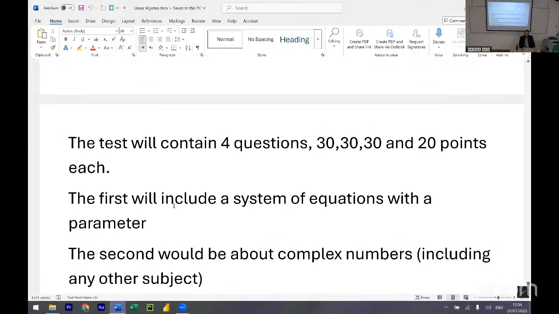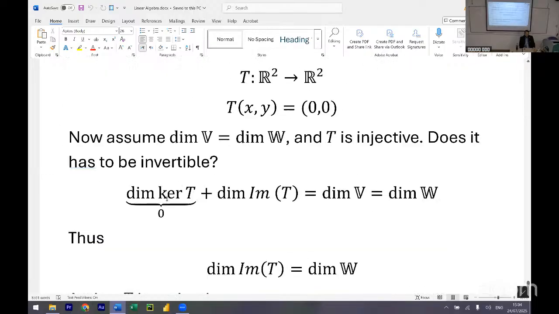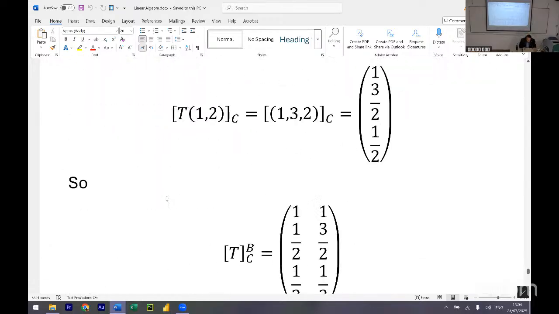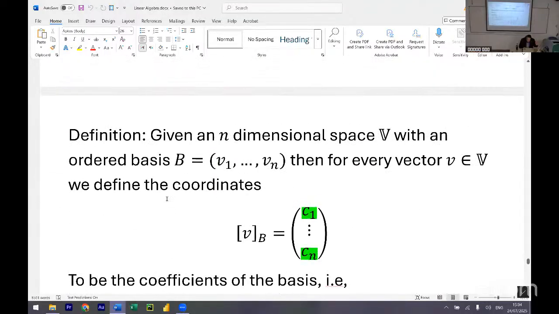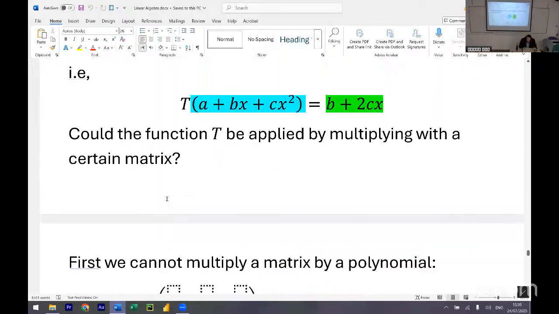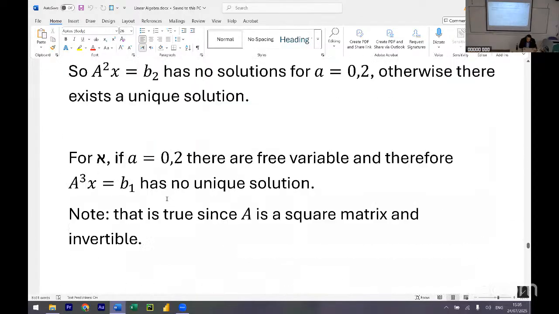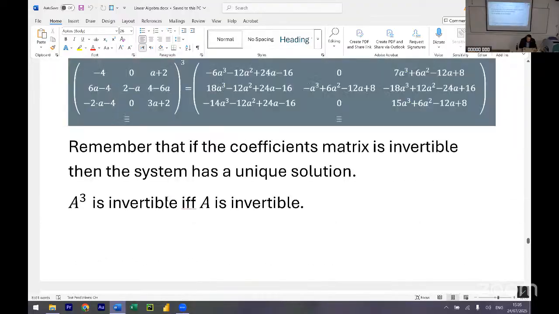The first includes a system of equations with a parameter. That's the least surprising question. The link I've given you, let's see, I'm supposed to find them easily because I did this today. The 2 times I gave you links. Just a second. Oh, this is the review session. The questions in the review sessions are good, I think.